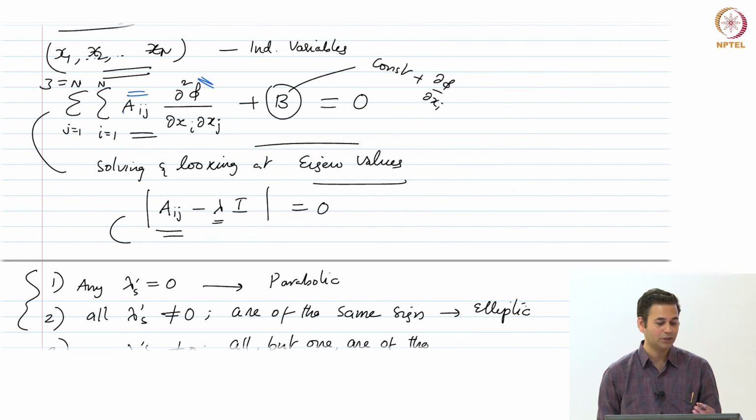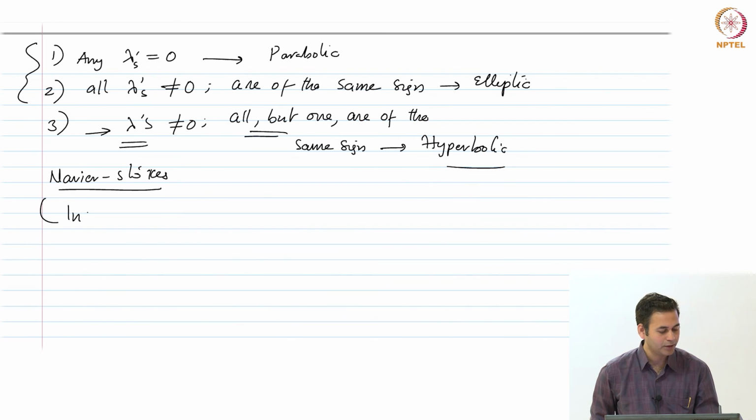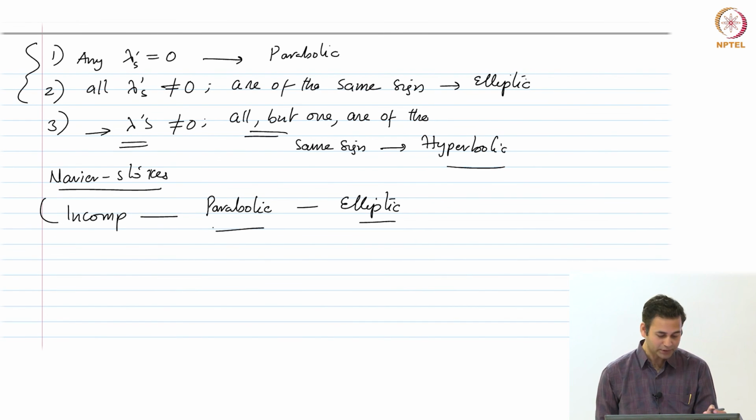So Navier-Stokes equations, you can show that the incompressible flow equations are of parabolic elliptic type, okay. So it's kind of a mixed thing. So you can show that the Navier-Stokes incompressible equations are of parabolic elliptic type. So what I mean is elliptic parabolic is basically the pressure terms behave like elliptic